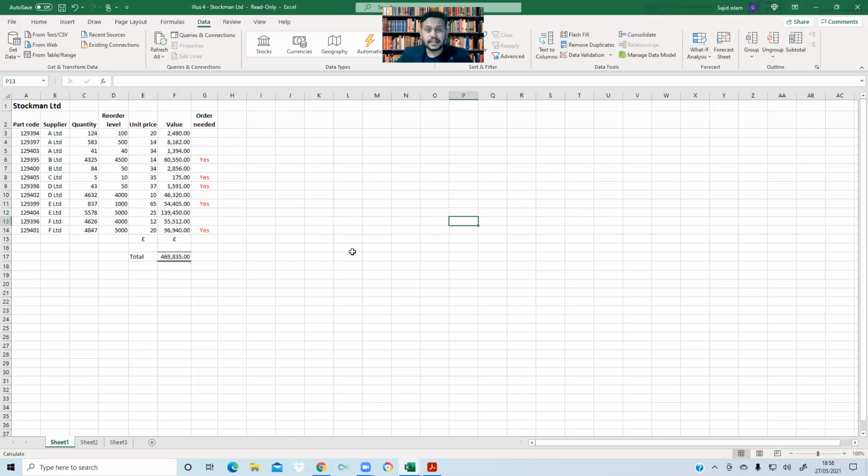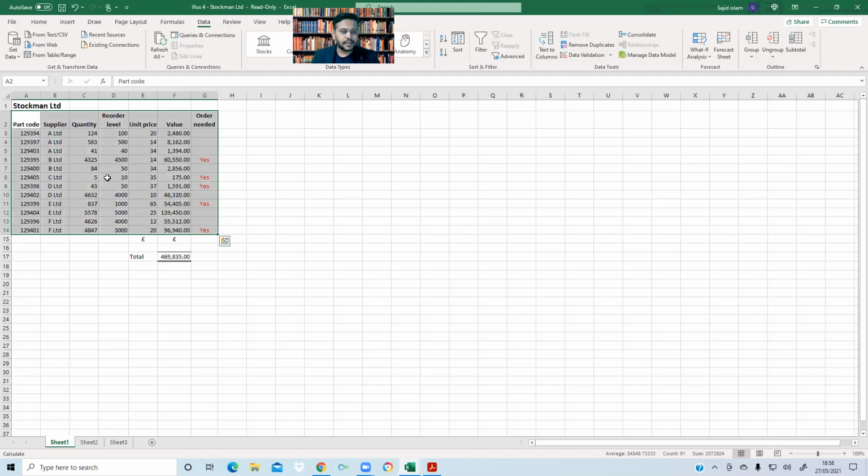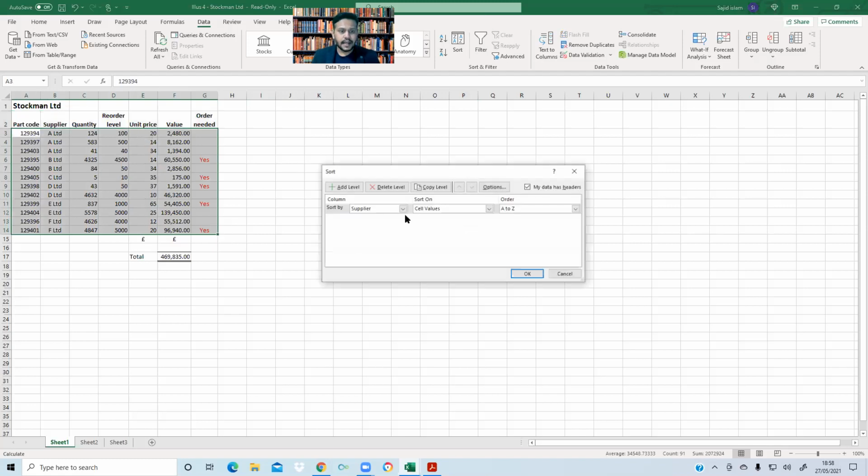And the sorting is, for example, let's say we have some unit price, and we'd like to see which unit prices are lower. So if I choose that, and I'd like to see which company gives me the lower unit price, we have 12, 10. Rather than seeing that, if I click on the sorting, and click the sort by section, if I click the unit price, and smallest to largest, I can see from the small to